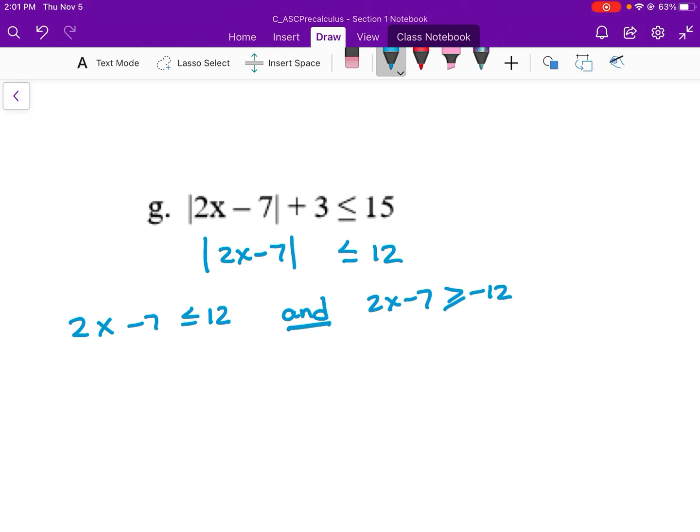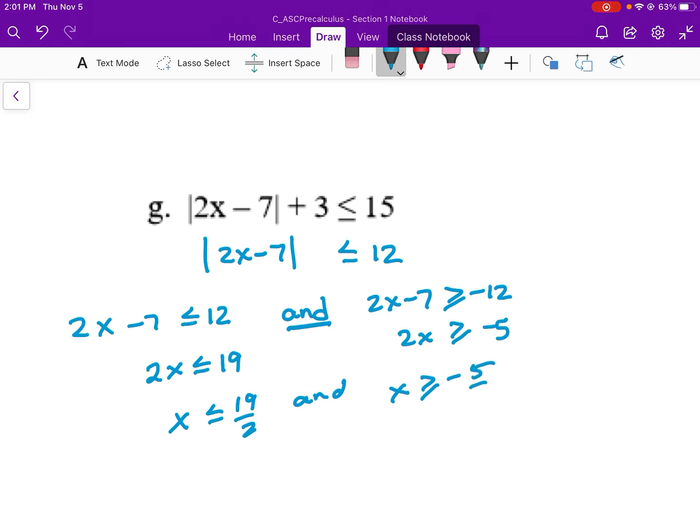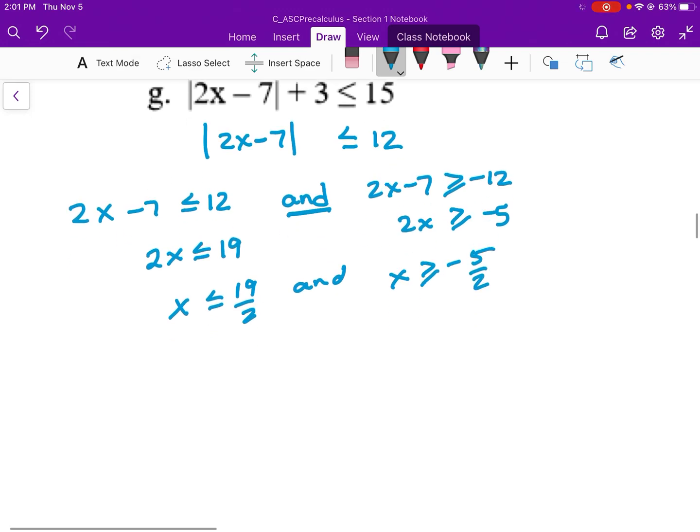So I'm going to add 7, and I get 2x is less than or equal to 19. So x is less than or equal to 19 over 2. And add 7, I get 2x is greater than or equal to -5. Divide by 2, x is greater than or equal to -5 halves. So if I were to graph that,